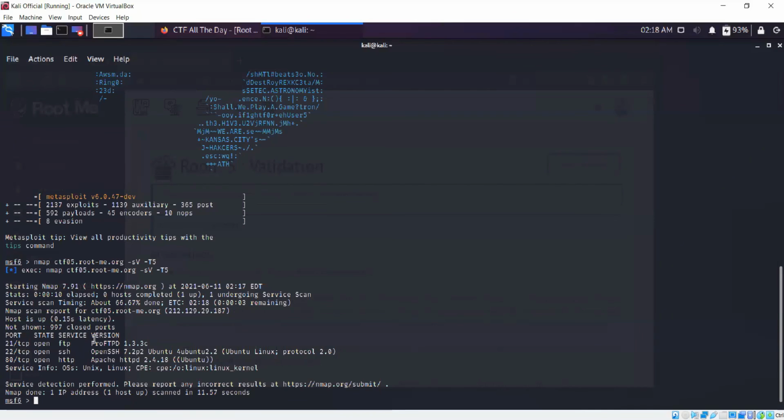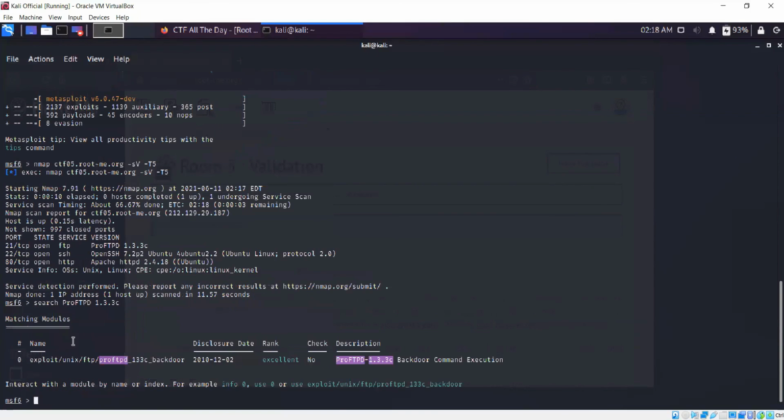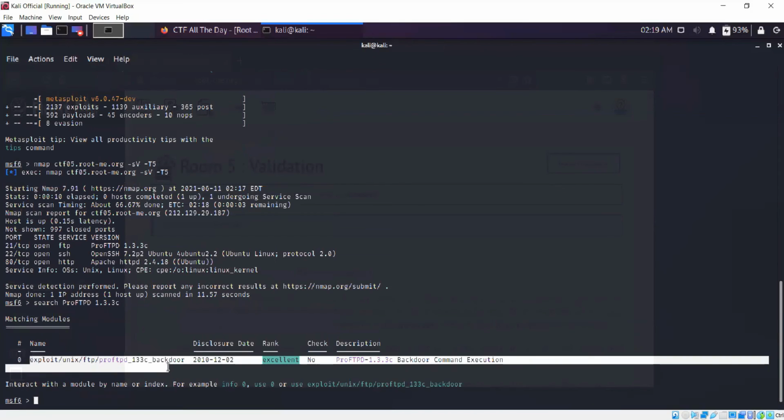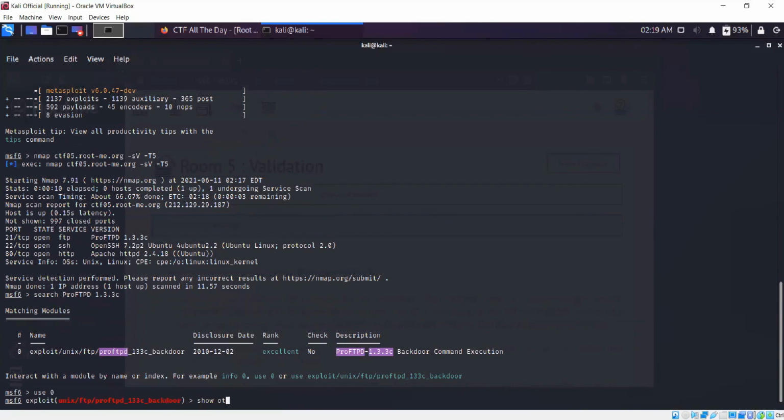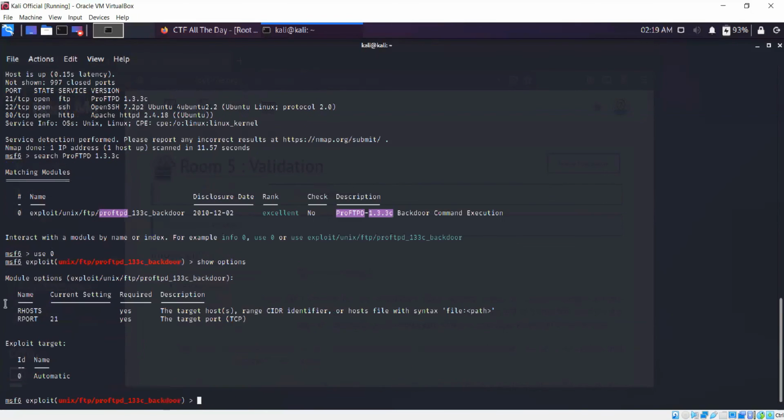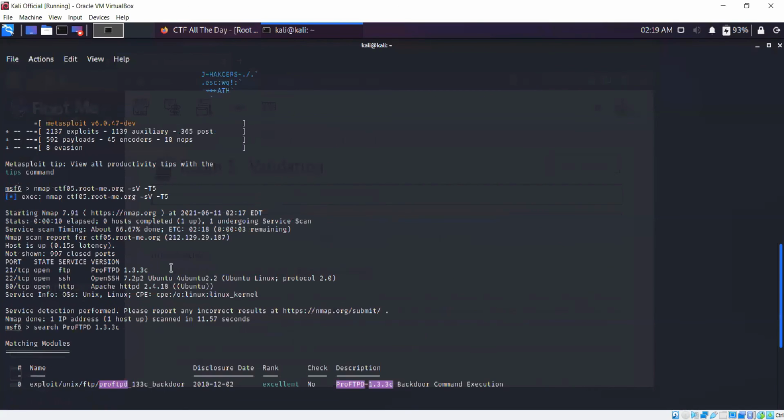So again, we know the version it's using is ProFTPD 1.3.3c. I'll copy this. Using msfconsole, I'll search for the exploit. It has returned a single module for this particular version, so I'll use this module. Now let's see what I have to specify. I have to specify the RHOST. The RPORT is specified by default because FTP uses port 21. Unix is the OS, and FTP is again the service, and this is the particular exploit. Now, this is the IP.